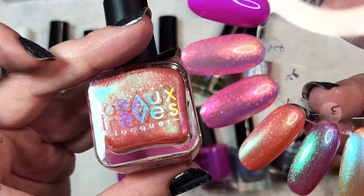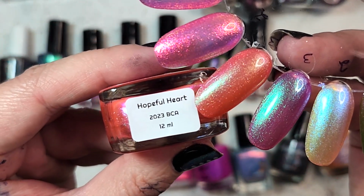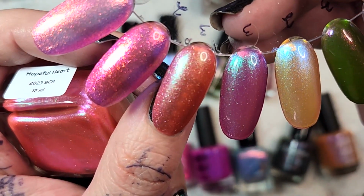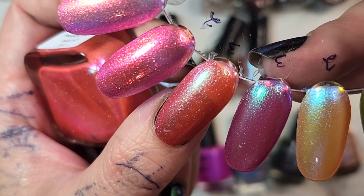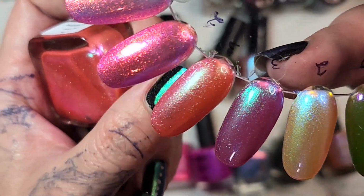Next up is, I think, my first, if not one of my first, Beau Revs polishes, and this is Hopeful Heart. This is such an incredibly unique corally shade. I love the amount of shifts that you get, and of course it has those holographic flakies that I love to see in polish. This one is in 3 coats with a glossy top coat,